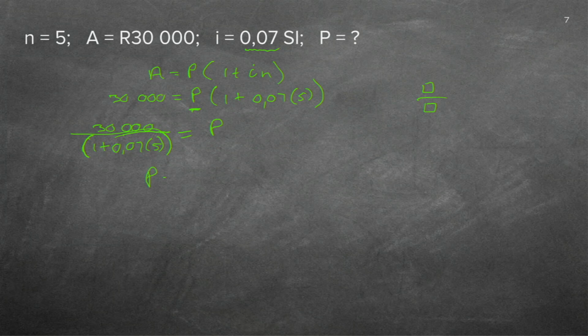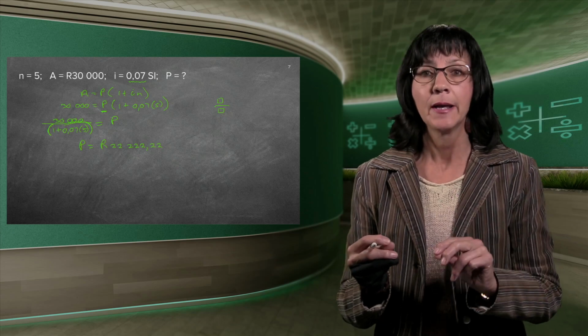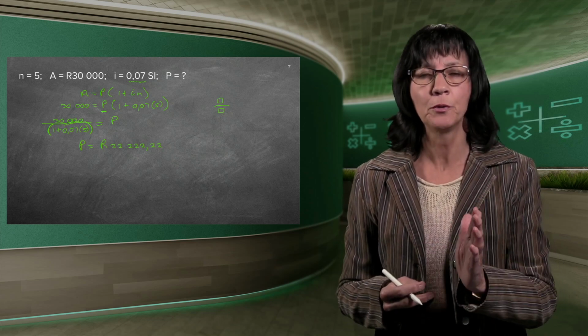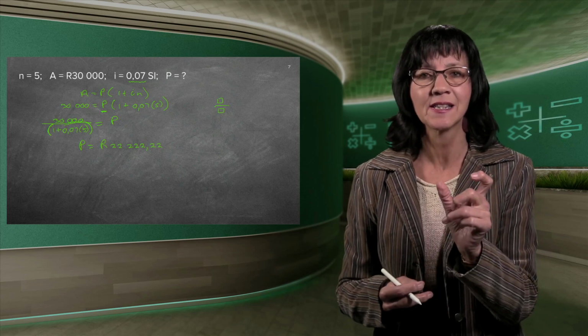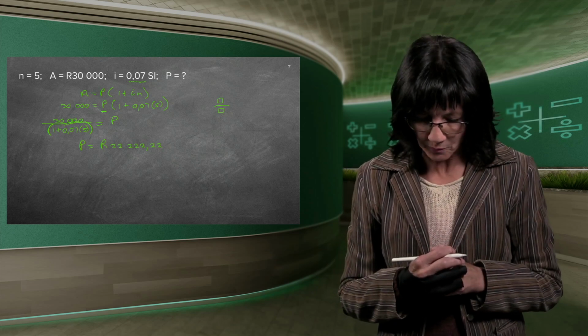And now I can just write it neater. And because it's rands we're working with, it's 22,222 rand and 22 cents. Now it actually carries on 2222222, but you know that rand and cent consist of 2 decimals behind the comma. That's just a common thing. When we work with finance, there will always be 2 figures behind the comma. Even if it was only comma 2, you will put comma 20 because it represents cents, and it needs to be 2 figures.